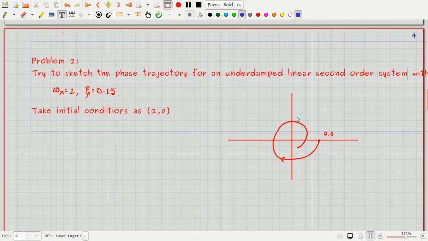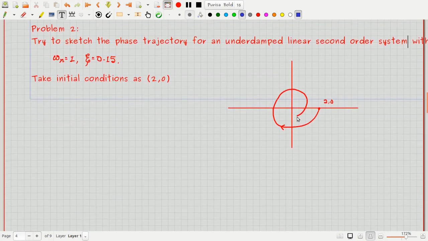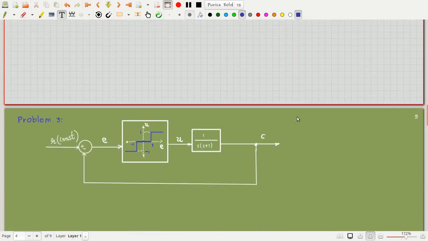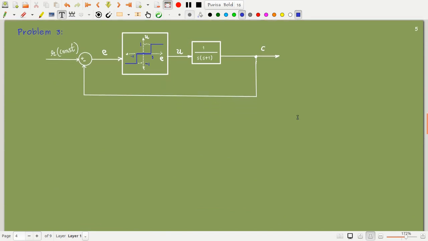So we'll stop here because we have only drawn the linear systems. In the next lecture, I will show you how to draw it for this. Those who want to draw it separately can try drawing this figure also. Anyway, I will show in the next lecture how we can draw the phase plane trajectory using the isocline method for a nonlinear system, when the equations become nonlinear. This is in fact a relay with some dead zone.